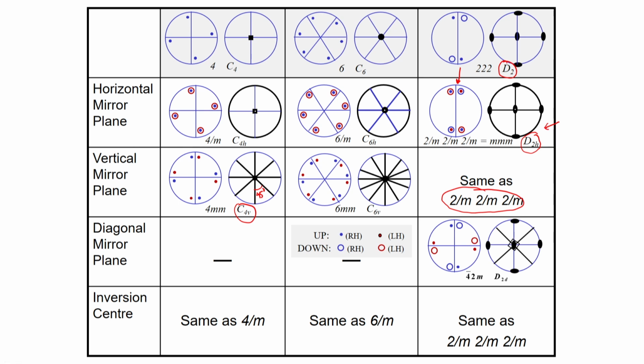Now, a diagonal mirror is undefined for the case of point groups 4 and 6, but we can put a diagonal mirror in the case of the point group 2 to 2, and this is my diagonal mirror that is added, and because of the twofold, this perpendicular mirror gets generated. If I add a diagonal mirror here, then this point will get reflected with the handedness changed, and in this fashion you will get a stereogram like this, because there is another mirror here. So, what is this point group?